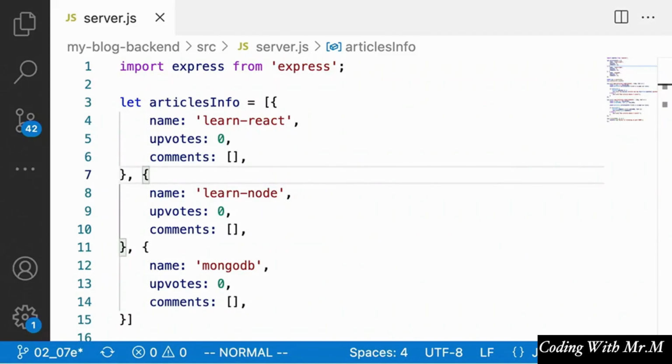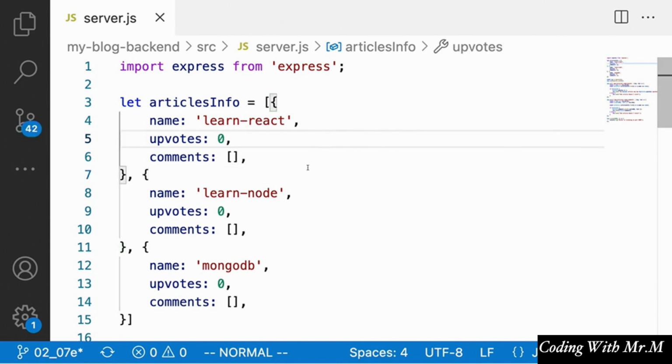Alright, so now that we've built out a very basic server using Node.js and Express for our full stack application, the next thing that we're going to do is see how to persist our data in a database. Now, since both our client and server side are written in JavaScript, it makes sense to persist our data in a database that plays very nicely with